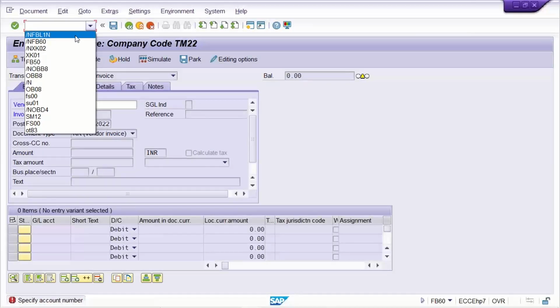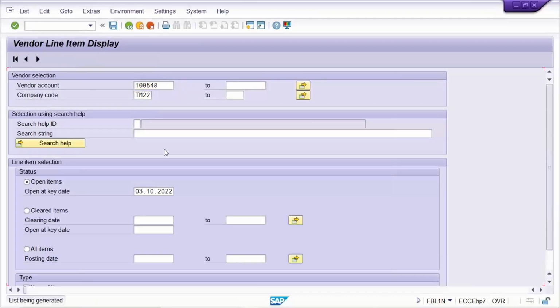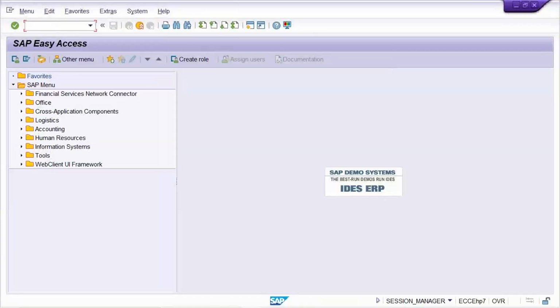If you go to FBL1N, we are having multiple invoices, right? Out of which certain ones are overdue. Look here, these are overdue. This is not due. So out of this, I have to make payment of this 3000 only, right? 5006. So what you have to do, guys? You have to go to F-43, F-53,